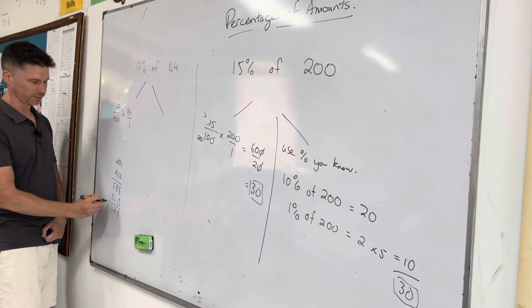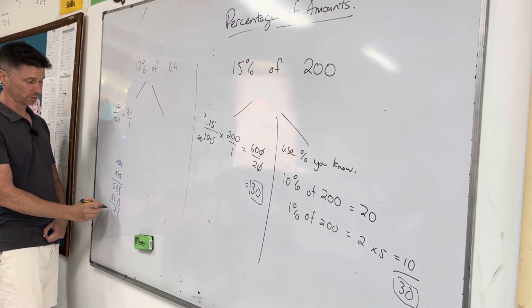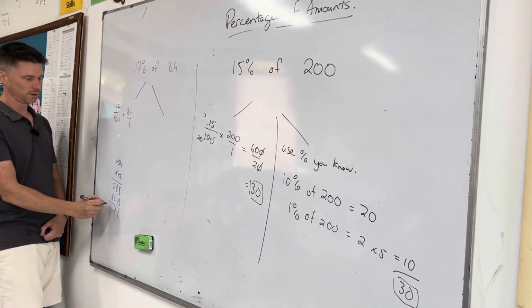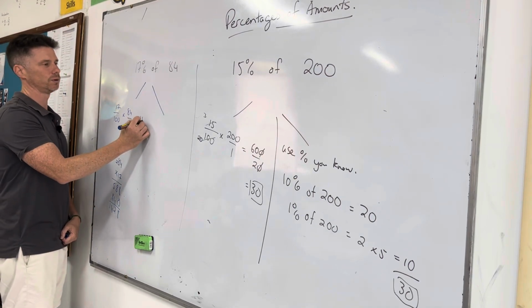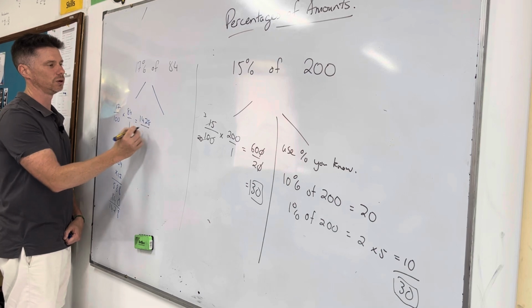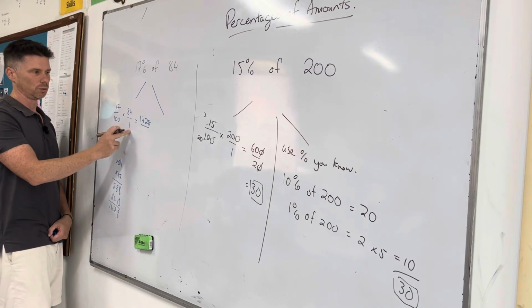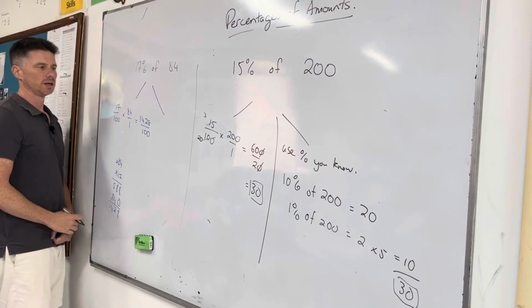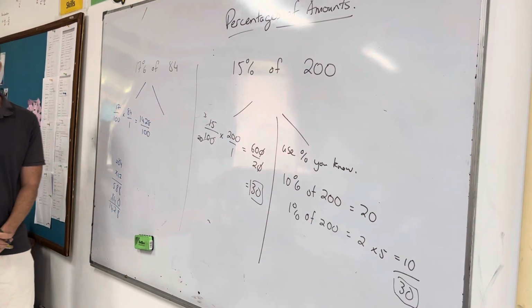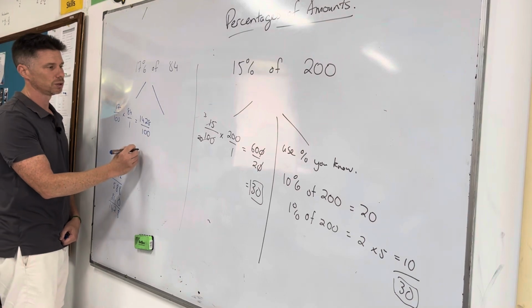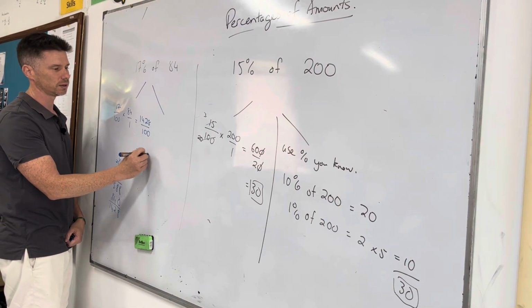8, 12, carry the 1. We are on, what's this? 5, 8, and 1, 14. 1428 is the top line. 1428 all over what? 100. And then dividing by 100. How do I divide by 100 easily? I move the decimal place. How many spots? 2 spots. And I get